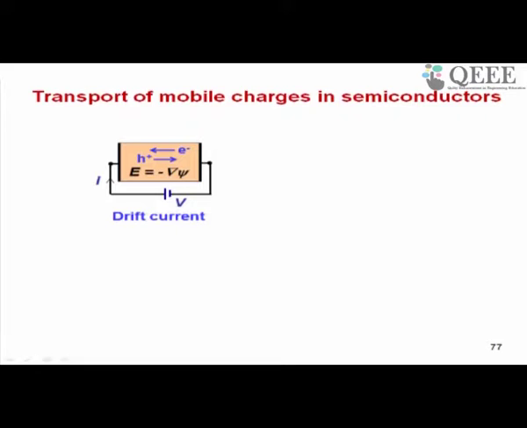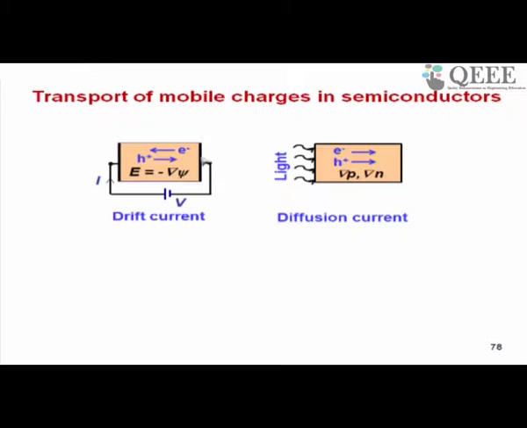To take a simple situation, you have a current I. What is shown here is that the applied voltage creates an electric field E, which is given by minus gradient of psi, minus gradient of potential. As a result of this potential gradient, you have mobile carriers moving. Electrons move from the negative terminal to the positive terminal, because the negative terminal is the source of electrons, and holes move from positive to negative terminal. So you have electrons and holes moving in opposite directions inside the semiconductor in response to the electric field, but their currents add up. Okay, so this is the drift mechanism.